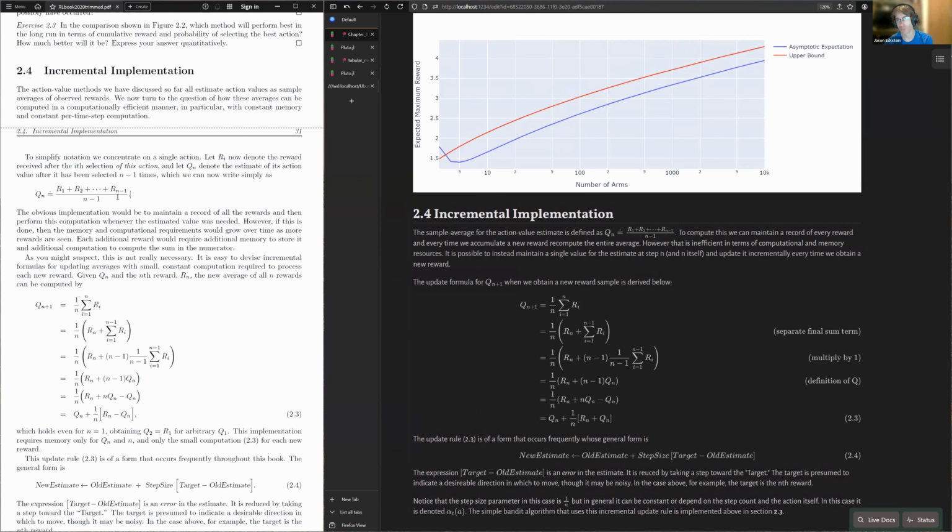And we could redo this every step. Like, we could maintain a vector, a list of all the rewards, and then evaluate the sum, but that's very inefficient, both from a storage perspective, because we have to store all of these reward values, and computationally, because we have to recalculate sums that we've already calculated the whole time. And it turns out, this incremental implementation shows a way of updating the sample average,